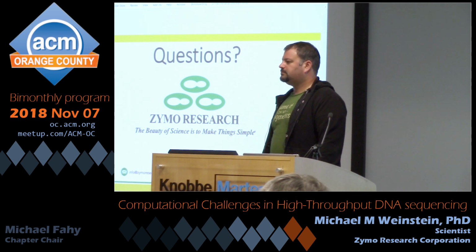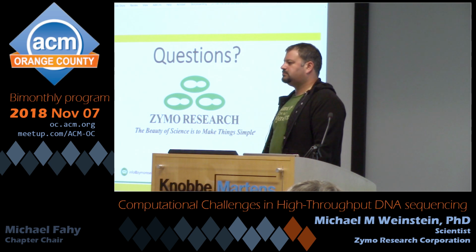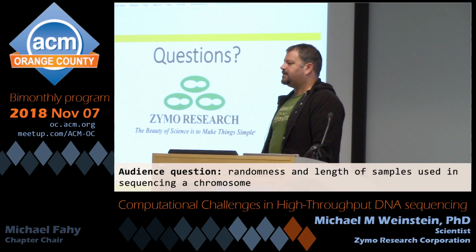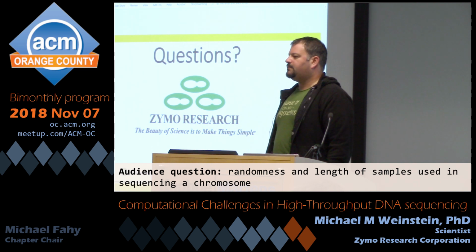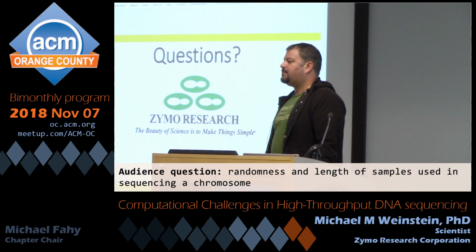So, the problem here that you're trying to solve, as far as I can understand, is you are reading pieces of information randomly, at random length, and you're trying to find the original single sequence that was present in this case. More or less, yeah. It's almost like a text search. You have 50 letters of text out of a 3.3 billion letter document, and you know there's potentially some errors, there might be missing letters, there might be added letters, but you want to figure out where in that document those 50 letters came from.